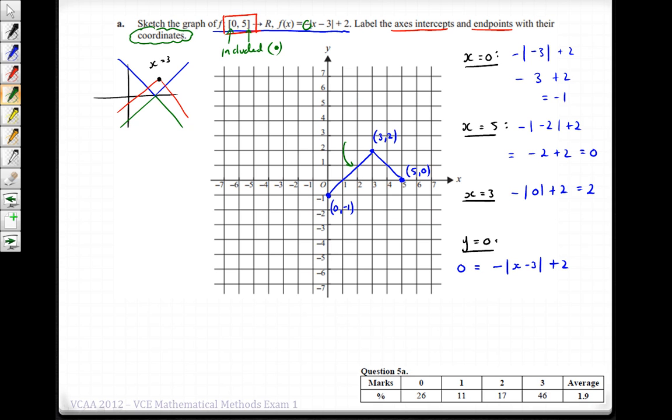And that's going to be essentially positive x minus 3. So we're going to be at negative, positive x minus 3, plus 2. So now we have forgotten the modulus function. So subtracting 2 across, we get negative 2 equals negative x minus 3. And then plussing 3 across, so we get 1 equals negative x. Therefore,